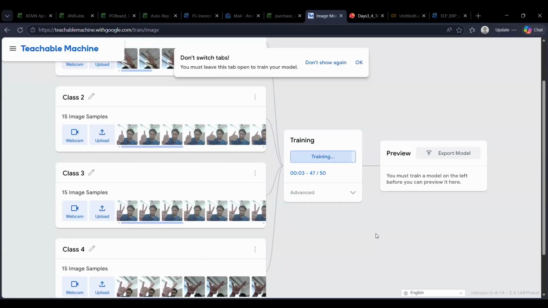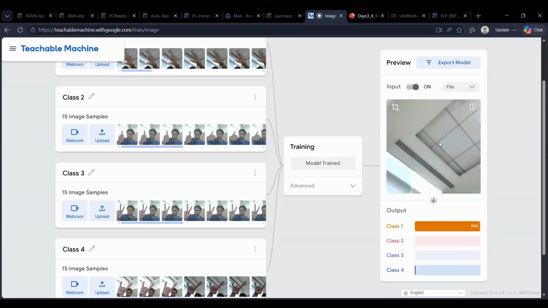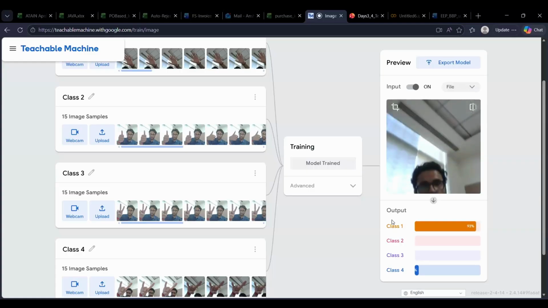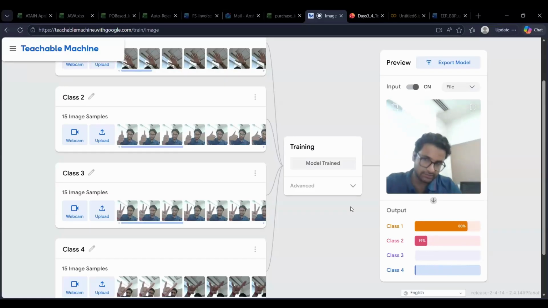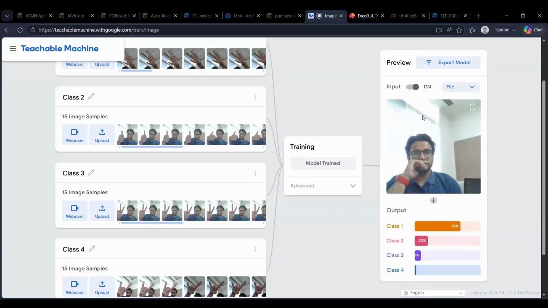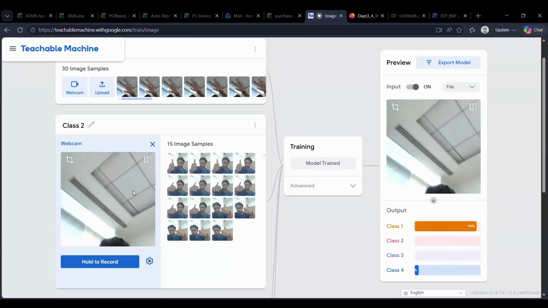Okay. So now if I point upwards, it's showing class 4 for distribution. Earlier it was showing class 4, right? Sir, because of the more samples you give to the background class, that's why it's showing more. Okay, now if I put my hand like this, it's also getting confused, right? Because the sample size for one particular class is more and the other classes are less. So let's make it equal for a while. Just a sec. So just press thumbs up and just do the background.